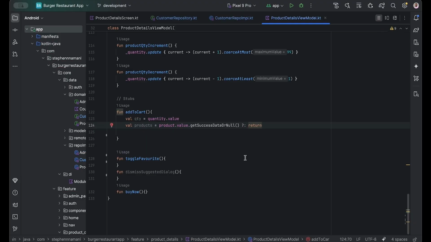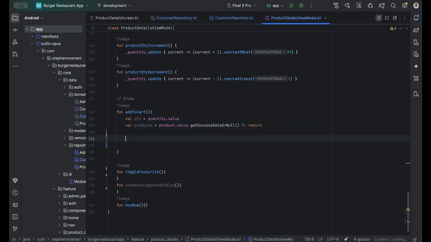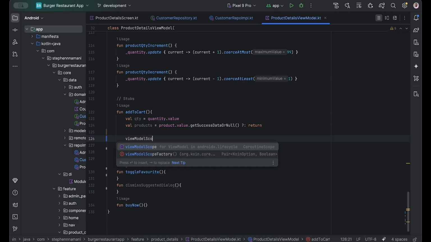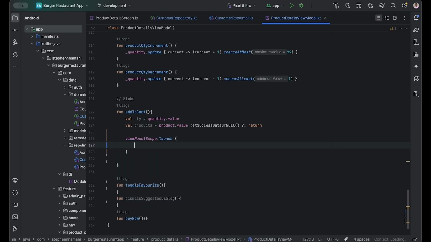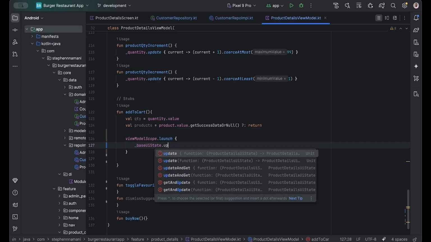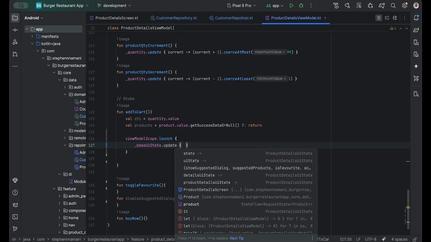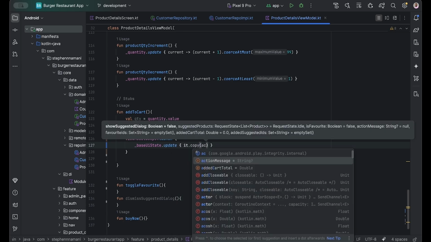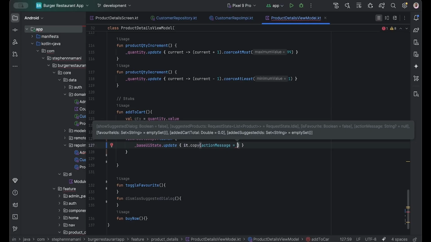And then after that, now we call our ViewModel scope to run from our coroutine, ViewModel scope dot launch, and here we call our base UI state dot update, because adding to cart means updating our cart. Yeah, then here we pass it dot copy,